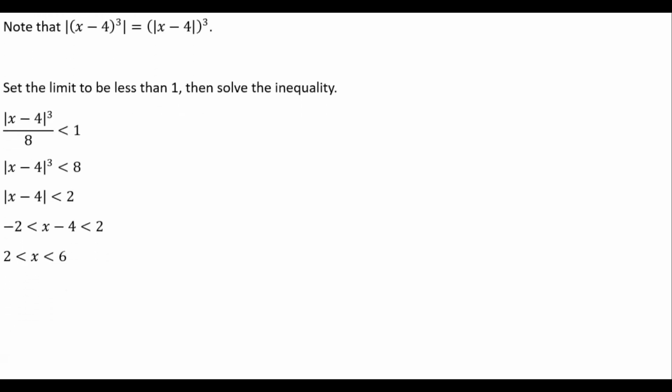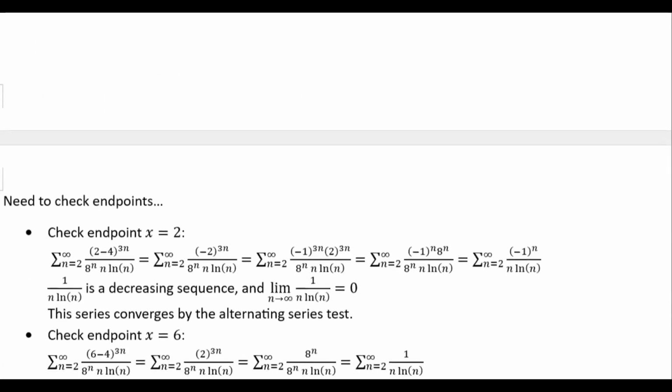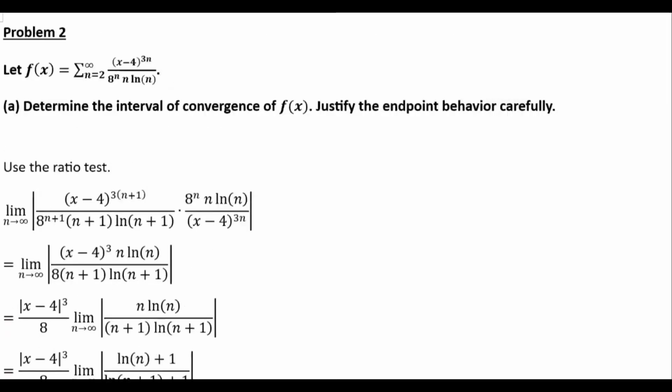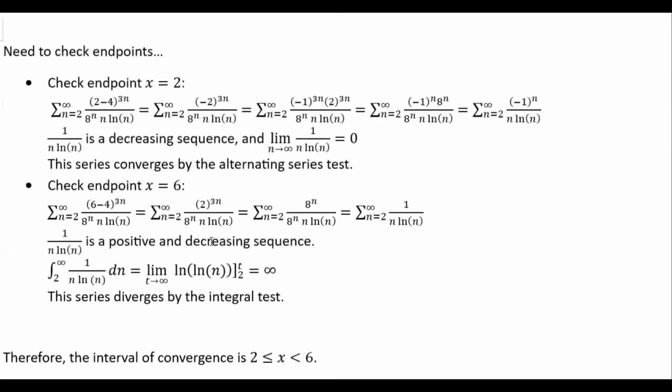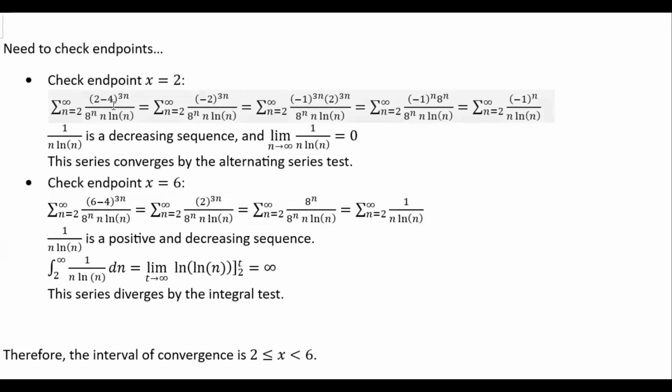Now we got to check the endpoints, 2 and 6, okay? So we plug in x is 2 into our original guy, and x is 6, okay? So when you plug in x is 2, you would get this right here, and then we start simplifying. That's minus 2 to the 3n, okay? Which we can rewrite as negative 1 to the 3n, 2 to the 3n, and negative 1 to the 3n we can rewrite as negative 1 to the n, and this is the same thing as